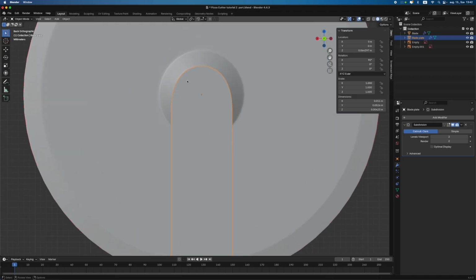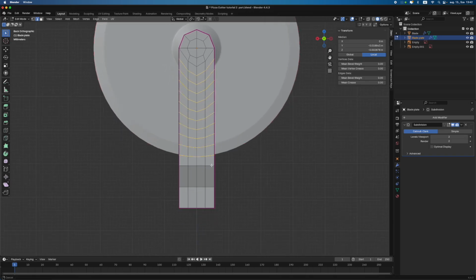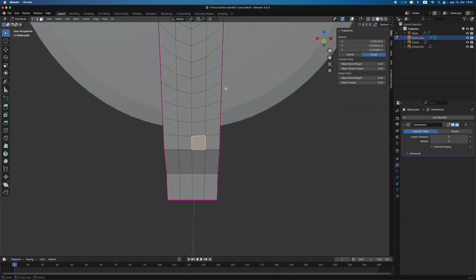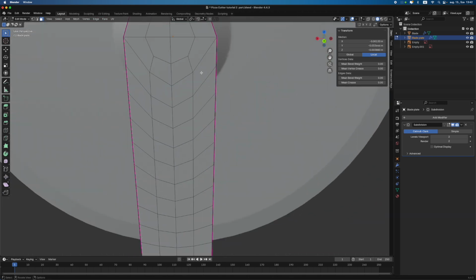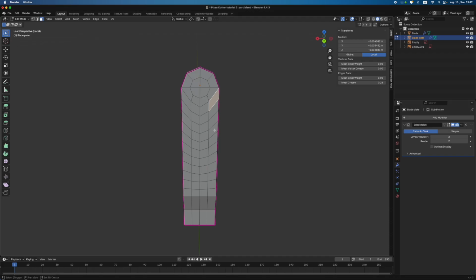It is better, but this topology isn't really correct, because we want to aim something like this, squares everywhere in the model, and here this is distorted very much, but we can fix it if you press period on the numpad. You can isolate this object, and you can now